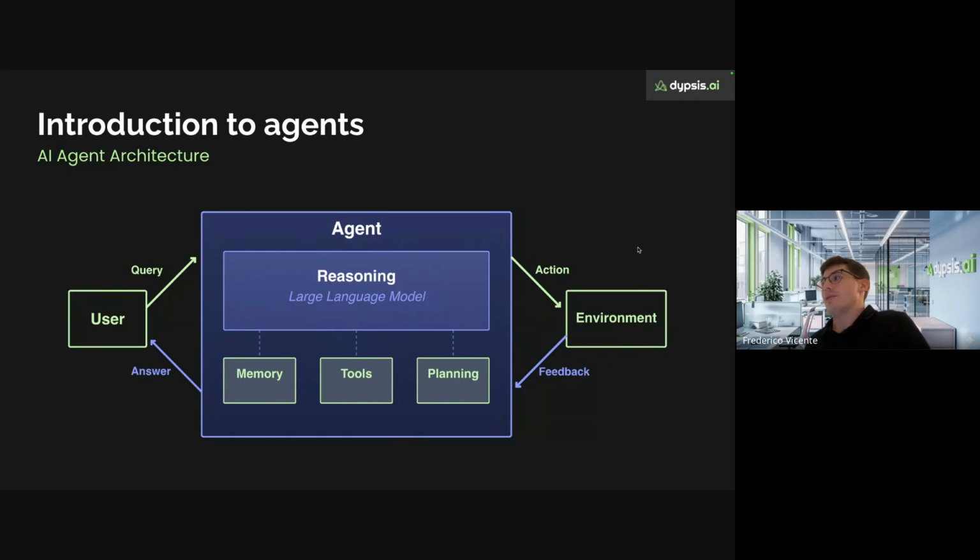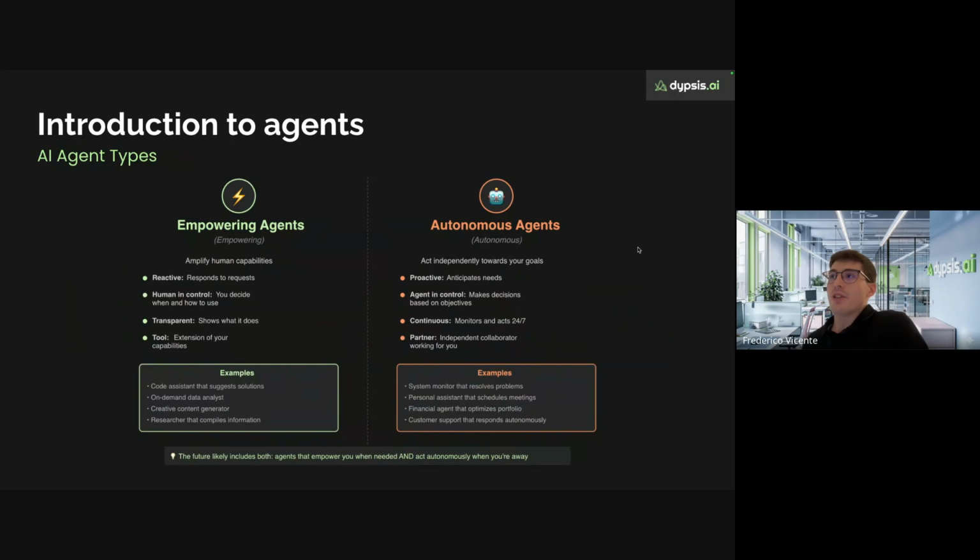So what I want you to take away from this is that there is really a difference between a simple LLM and an agent. And currently, I think you can categorize agents into two families: empowering agents and autonomous agents.